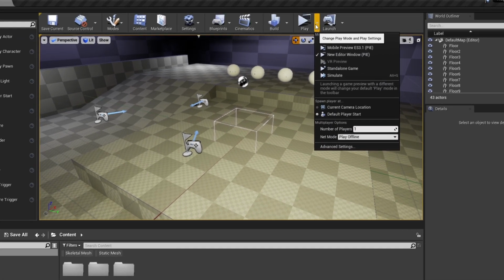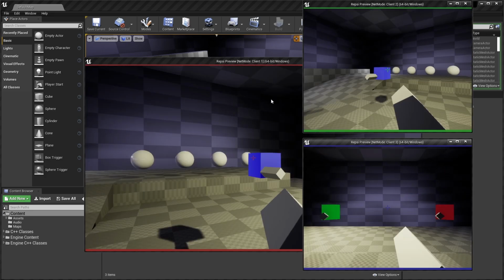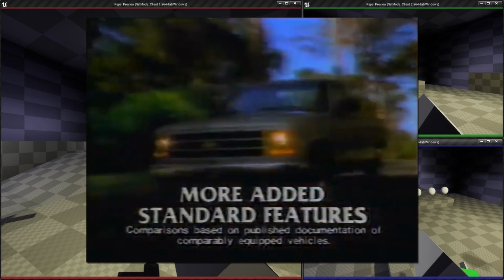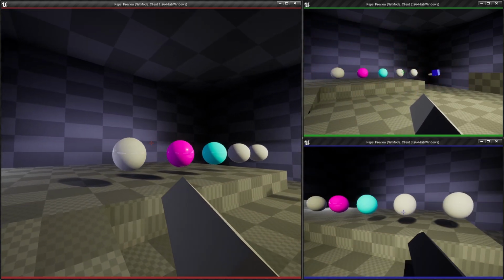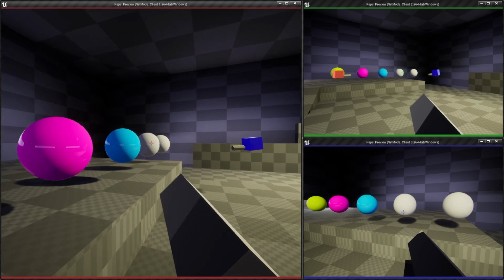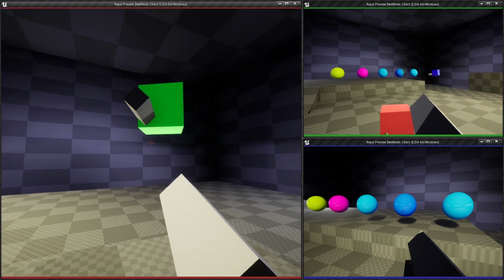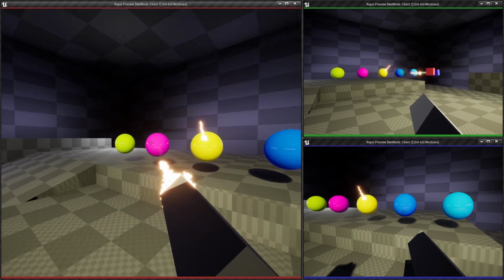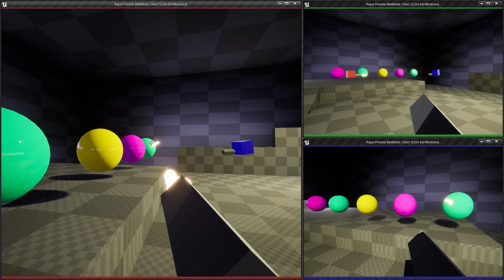One of Unreal Engine's most compelling features is its built-in networking support. To borrow a phrase from the American auto industry, with Unreal, multiplayer comes standard. In a multiplayer game, you have multiple instances of the same game running in tandem. That could be different processes on the same machine, or different computers on the same local network, or players on different continents playing over the internet. In any case, those different game instances have to talk to one another and build a consistent picture of a